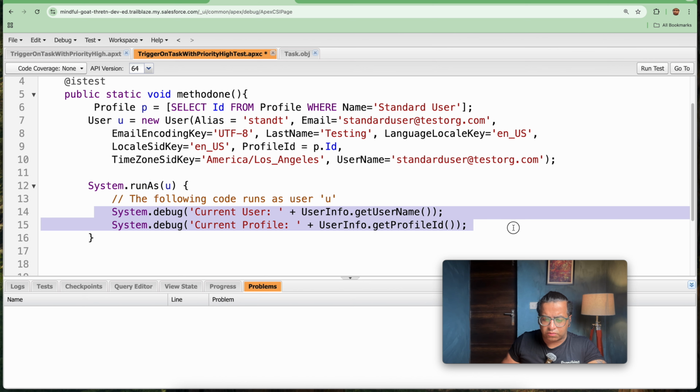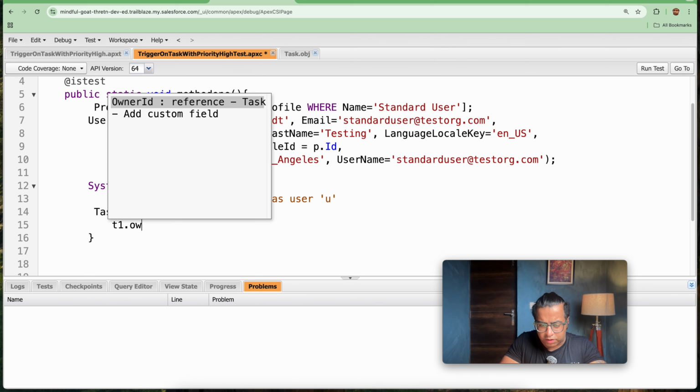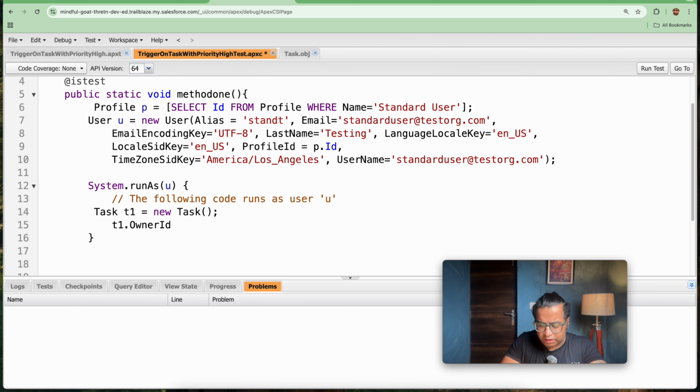So here we will be writing Task t1 equal to new Task. This is the first step. t1.OwnerId equal to u.id. This is the first field.